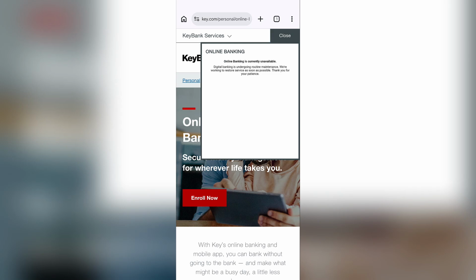Select that, and now while I'm making this video, the online banking of KeyBank is under maintenance, so I cannot show you, but after the maintenance ends, you will get to see a page where you can very easily enter your credentials such as username or ID which is associated with your KeyBank account, and enter your password. After that, when you hit the login after entering your username and password, you will successfully be logged in to your KeyBank's online banking